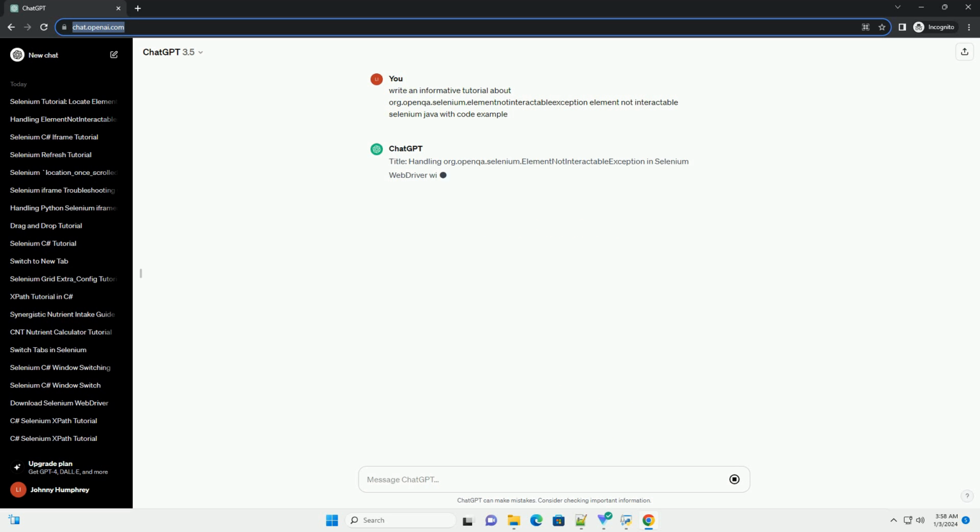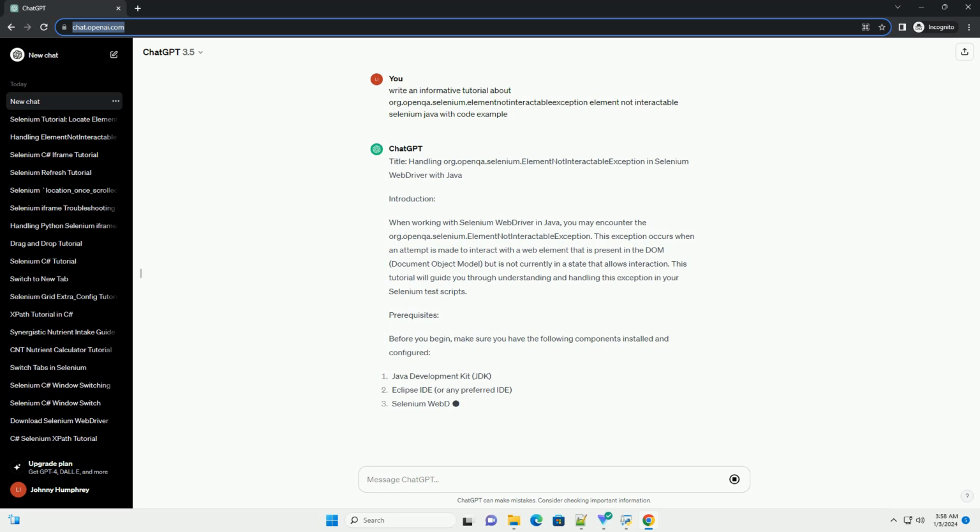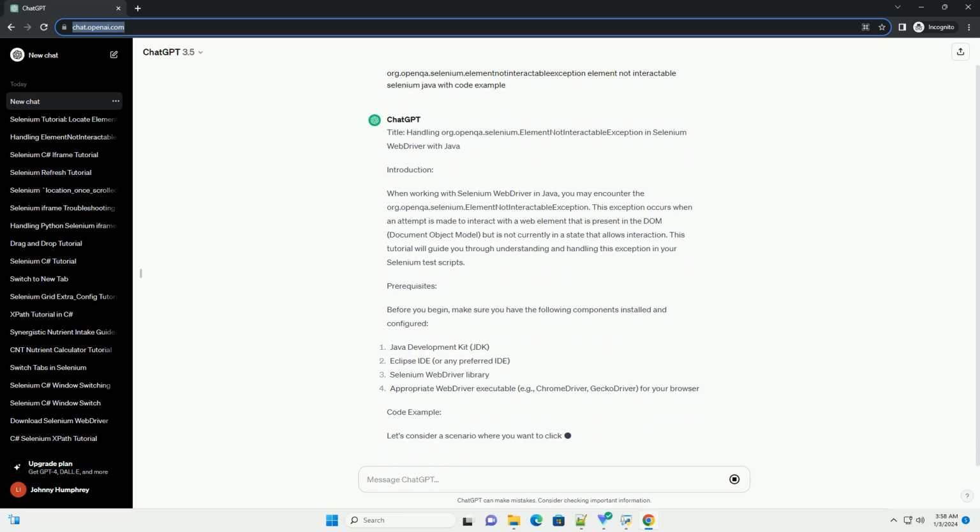Title: Handling org.openqa.selenium.ElementNotInteractableException in Selenium WebDriver using Java. Introduction. When working with Selenium WebDriver in Java, you may encounter the